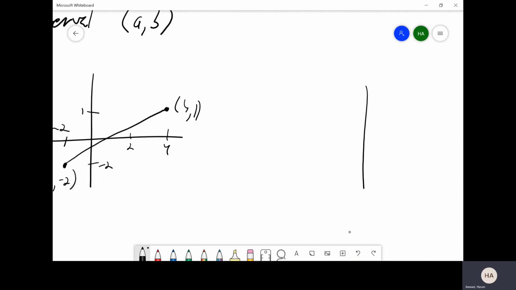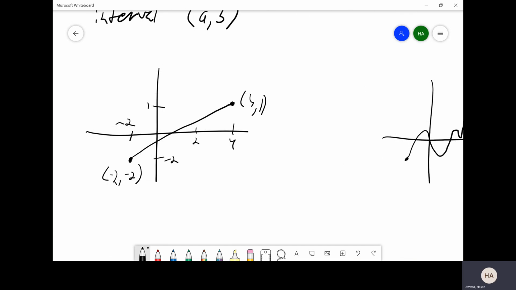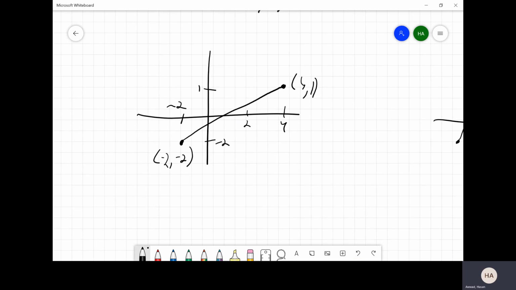And what I mean by weird is if you had, you know, if this was -2 right here and this is 4, 1, again, just as an example, it's not doing anything like this, right? There's no weird stuff going on. It's just always going upwards as far as our y-axis is concerned. So because it's always going upwards on our y-axis, we know that this is an increasing function, and it's increasing